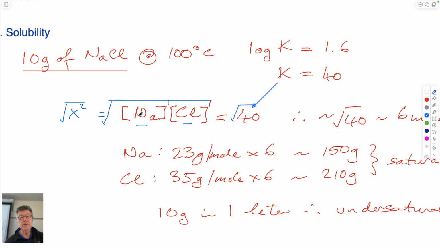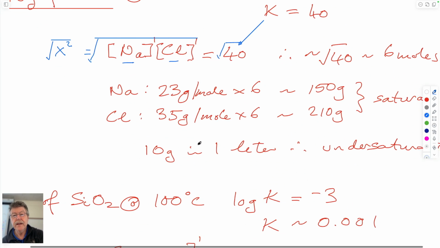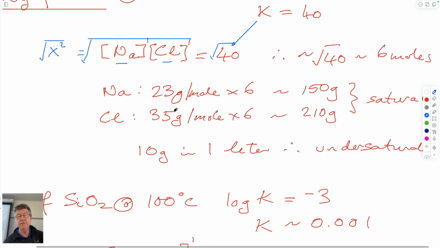And so that means that 6 moles of sodium chloride, 6 moles of sodium and 6 moles of chloride would be present in solution within a liter of water. And so if we look at the individual weights of those, since the weight of sodium is 23 grams per mole, 6 moles of this would be roughly 150 grams. For chloride, the periodic table molecular weight is 35 times 6, which is 210. So if you sum those two together, it's something like 360